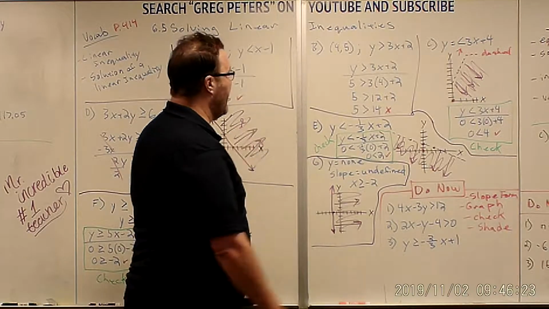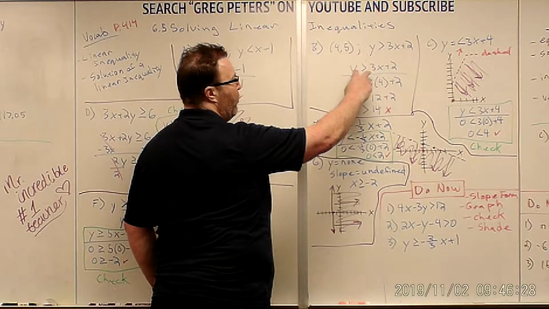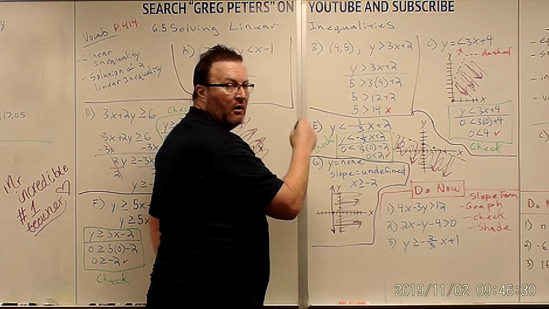There's just a little more going on here. We have an x of 4 and a y of 5. We're gonna put it into our